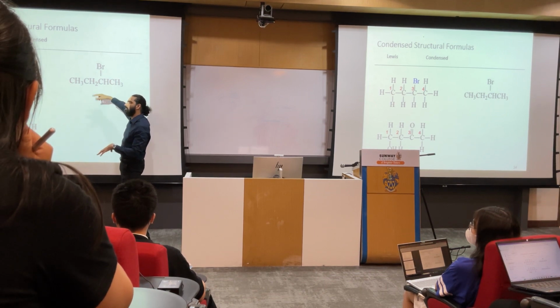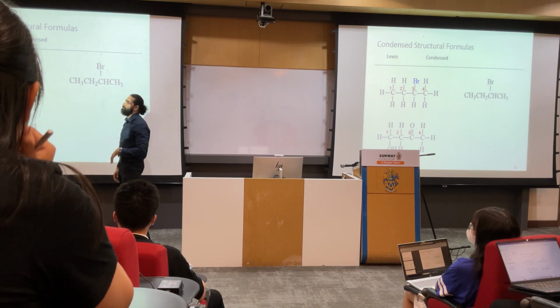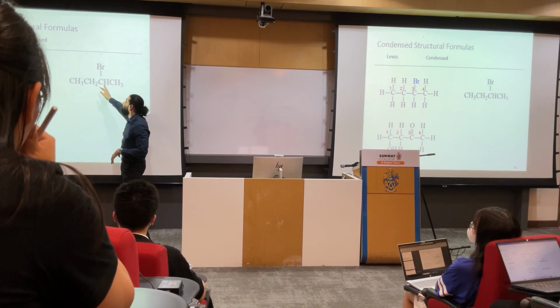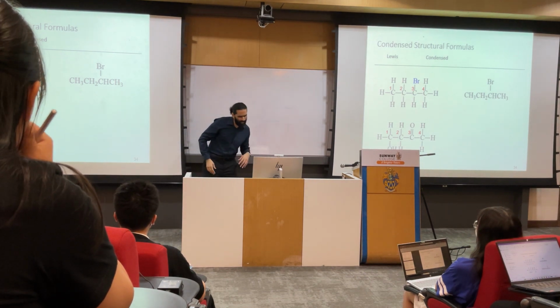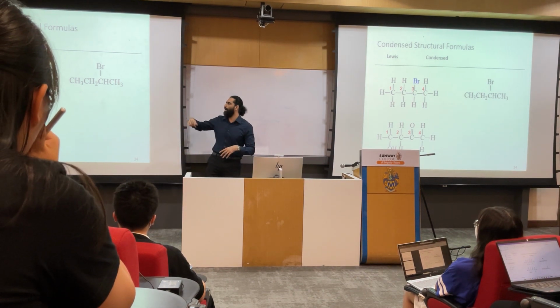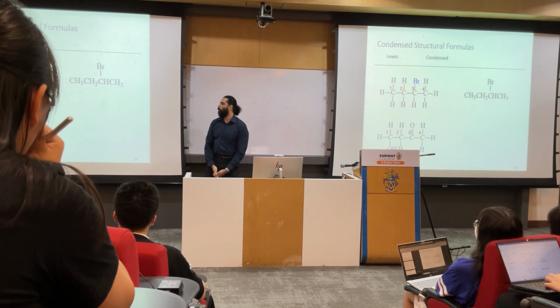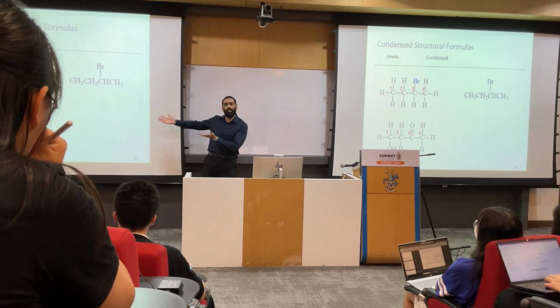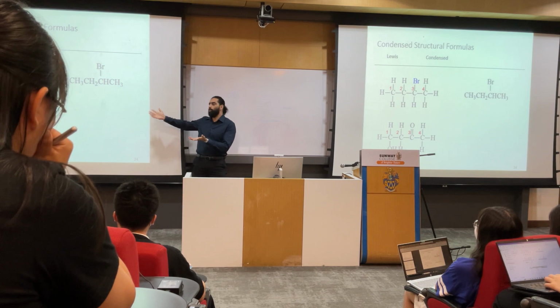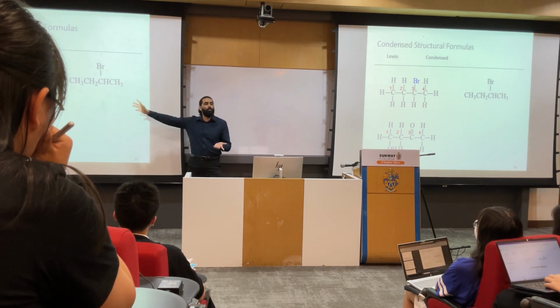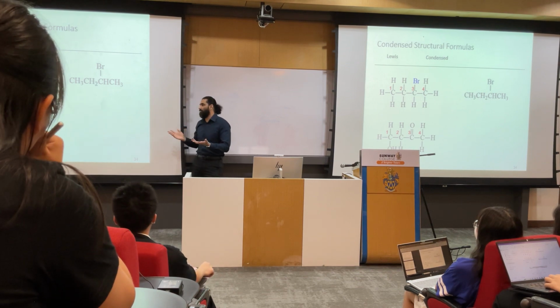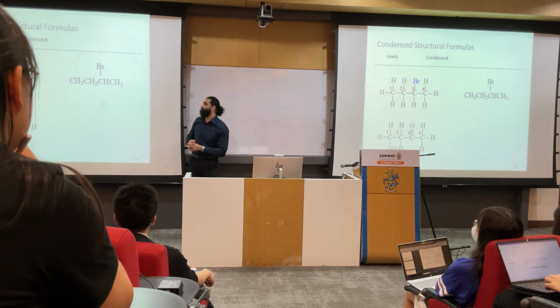You will see that in other forms we actually omit H. So H are not that important, to be honest. We will see in the condensed form, which I think is next on the slide, or the line angle drawing, that we simply omit H. H are there, right? H are there to fulfill the valency of carbon. That's their reason. When you will be drawing the structure, H are not that important. Yeah?